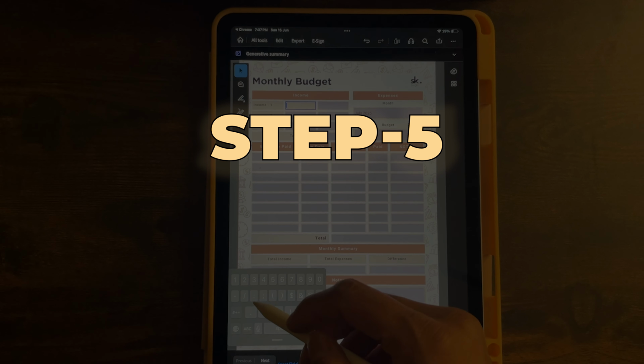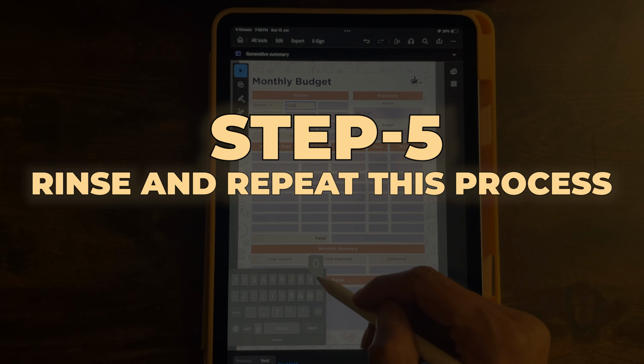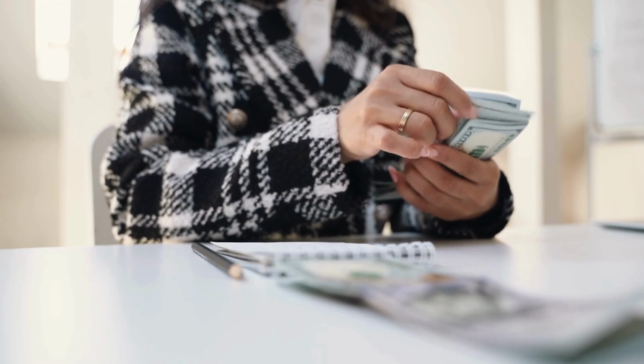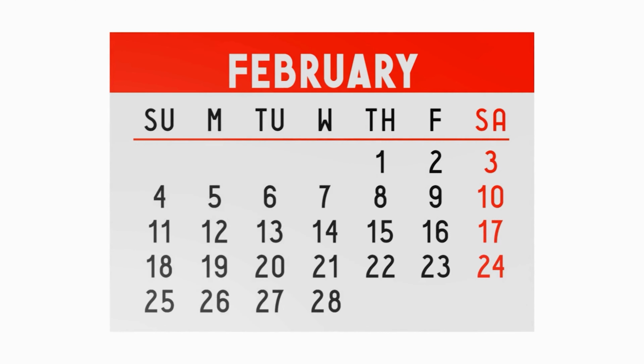Step number 5 is rinse and repeat this process every single month. And trust me, budgeting gets so much easier with time because now you're tracking your spending and you have all this data to refer back to, and with time it'll get more accurate. Every month the budget will look a bit different, which is why you want to do a budget every single month. So always keep the upcoming month in mind when you're going to create a budget,